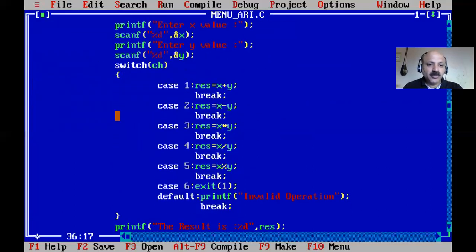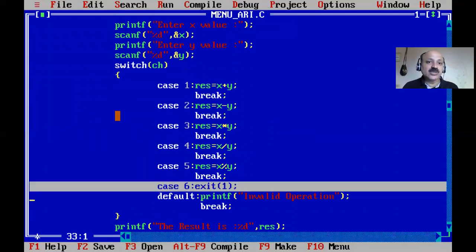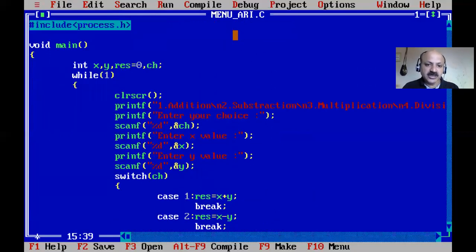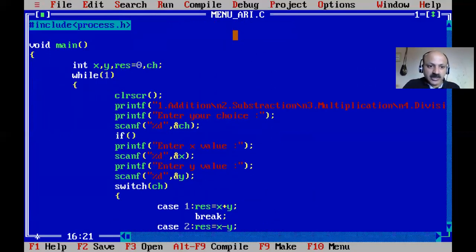And the second improvement: when we give choice 6, that time it should not ask for the X and Y value. So here we use a simple if condition for X and Y. Here the if condition is required: ch equal, which is the relational operator, to 1, or the logical OR operator. There is a pipe sign, some symbol is there.